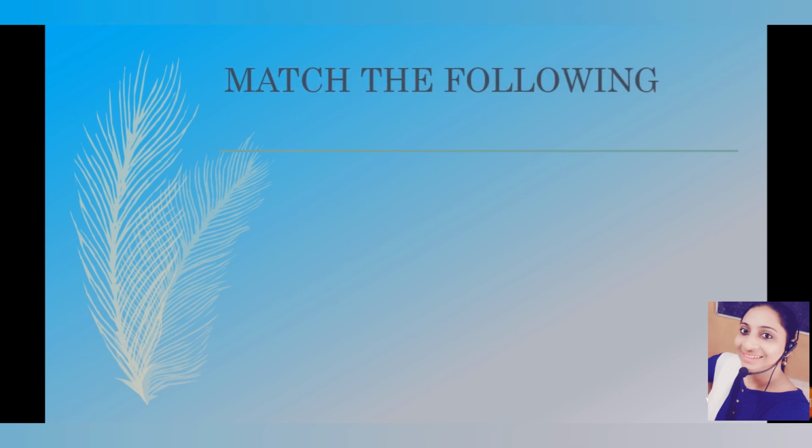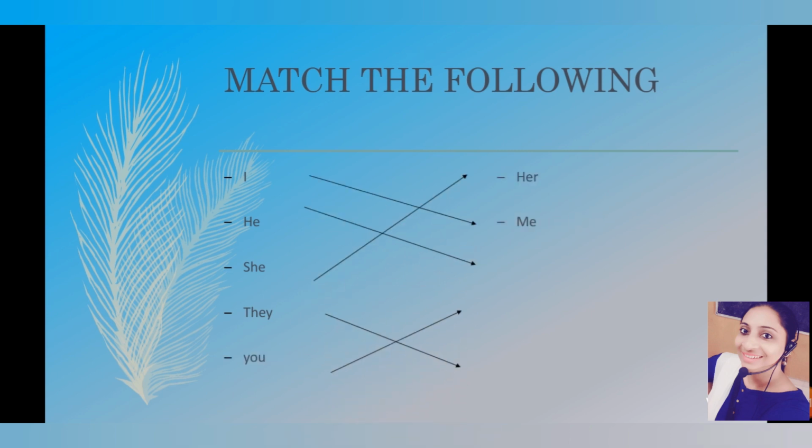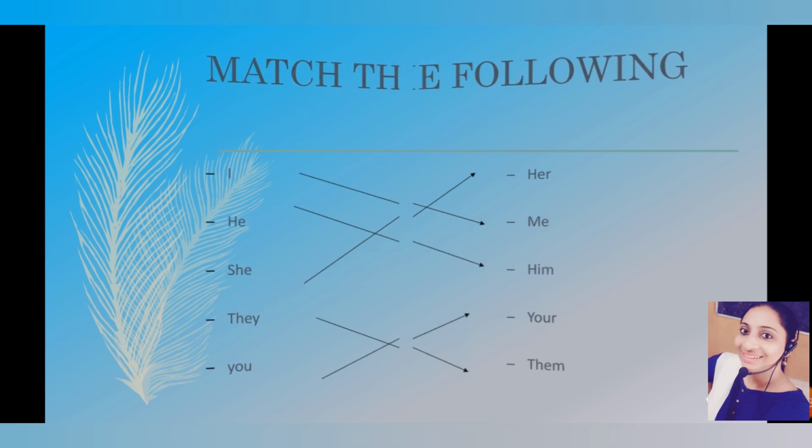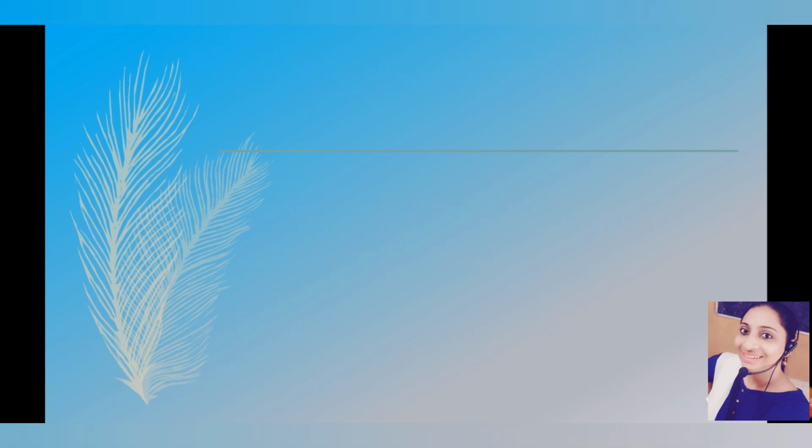Now match the following. You can see there are some pronouns, children, and you have to match them with the other pronouns. Like I, we use me for I. We use him for he. We use her for she. We use them for they. And we use your for you. Okay. All right. Now,